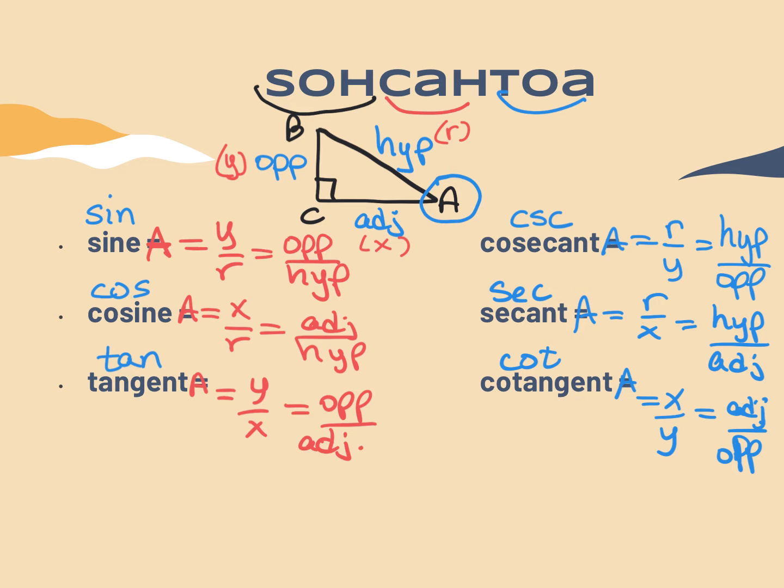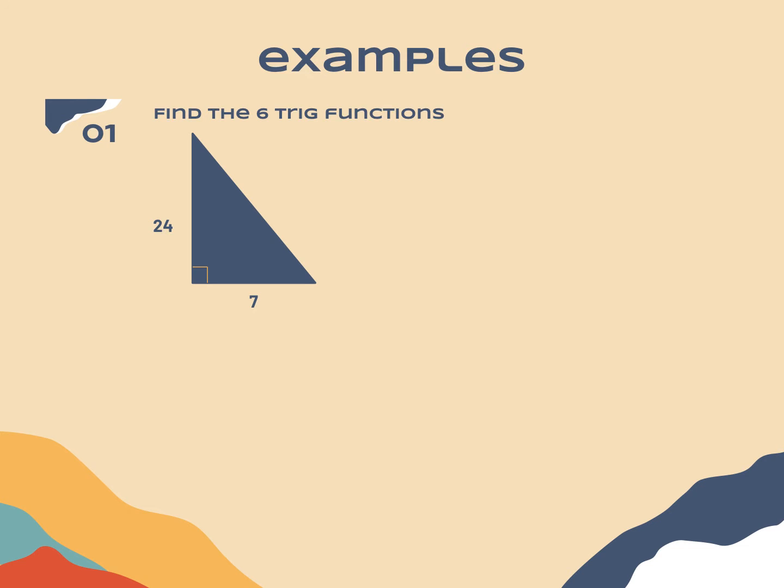Now what we're going to do is figure out the 6 trig functions given a right triangle with some side lengths. So here's our first example. Again, it wants us to find the 6 trig functions. So sine, cosecant, cosine, secant, tangent, cotangent. Now, I don't have all 3 sides. Now, I know the right angle is a little hard to see, but this is the right angle. So I'm missing the